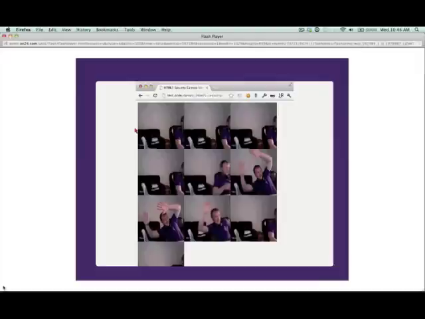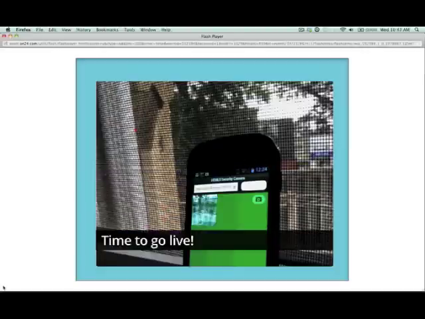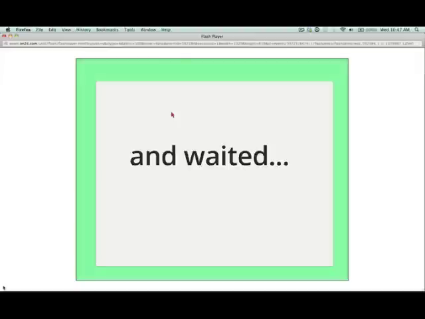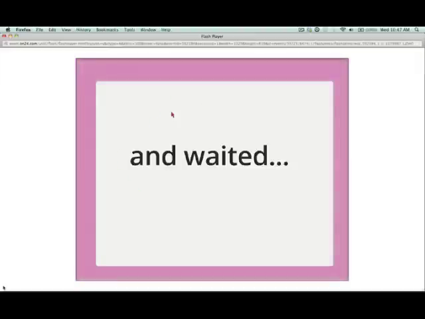So it was time to go live. As you can see from this photo here, this is just, I think, like a Nexus S or something like that, a 2 or 3 year old phone, and it runs it just fine. I plugged it in, I set it to never go to sleep, and you can see right here is my mailbox, and the mail lady or mailman would have to go up the steps in order to get to the mailbox. So I waited, and I waited, and I waited, and I waited, until suddenly,